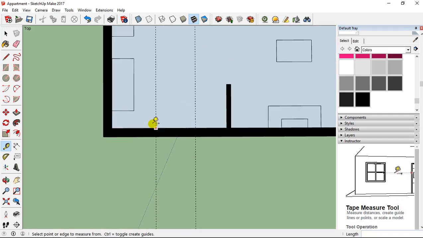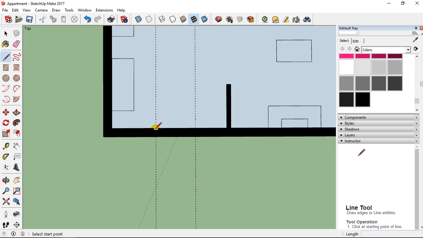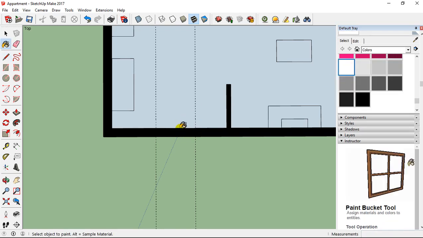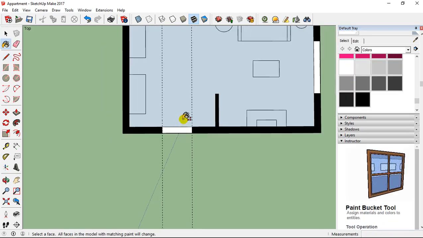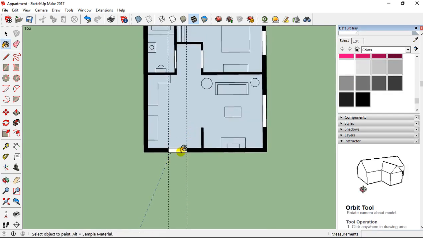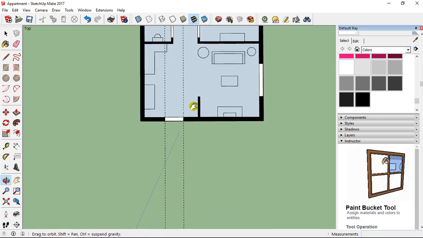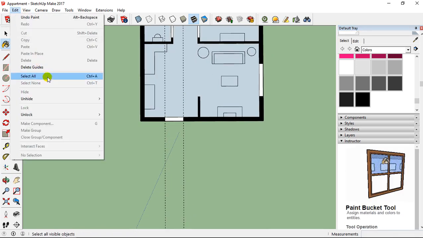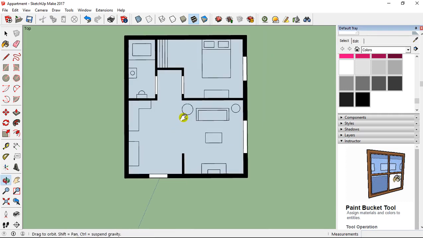And here I take the line tool and I'm going to add a line here and a line here. Then I use the white color to integrate like this. So here is my door, my main entrance at this level, and edit, delete guides, like that.